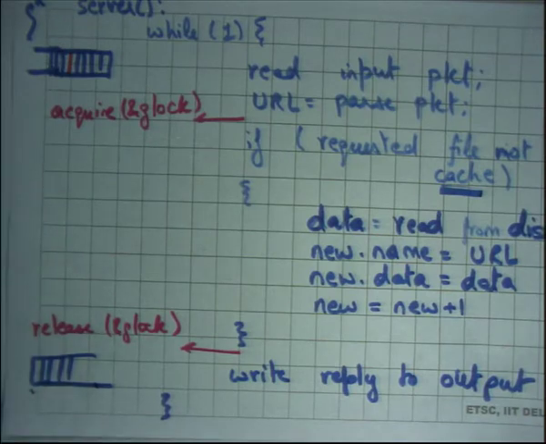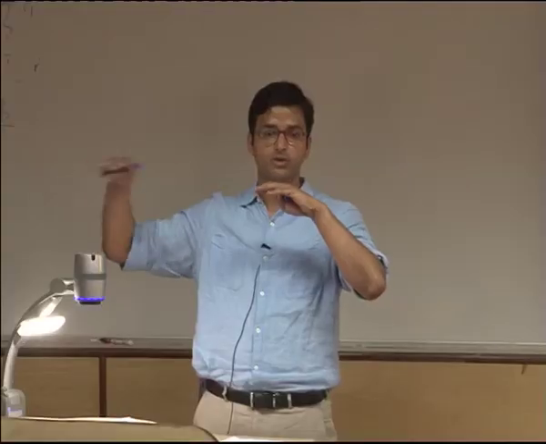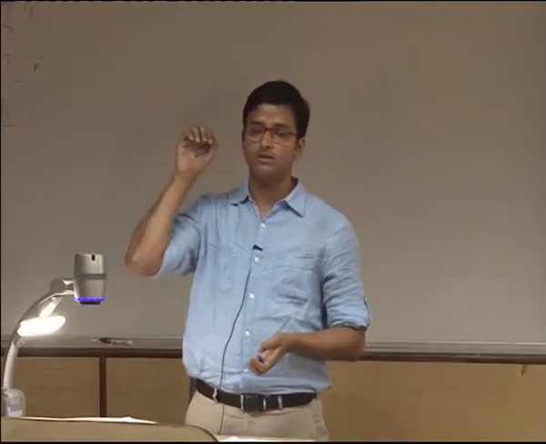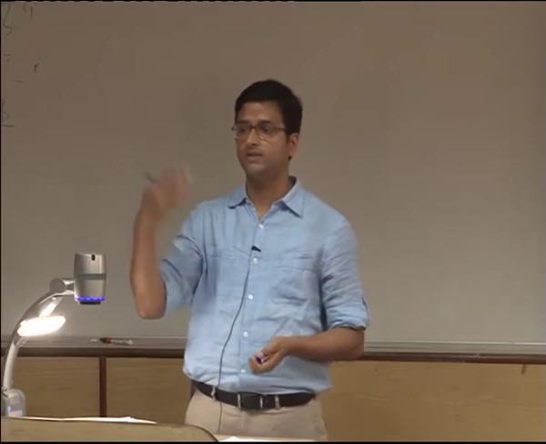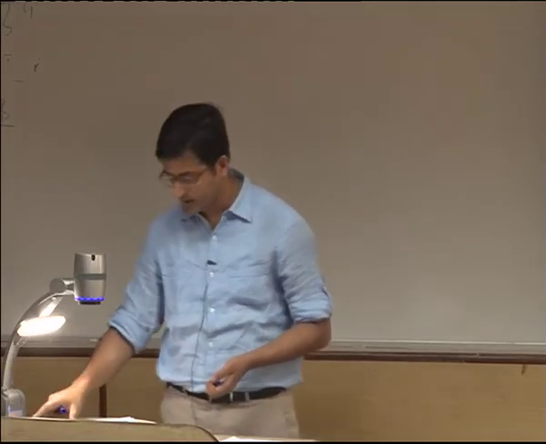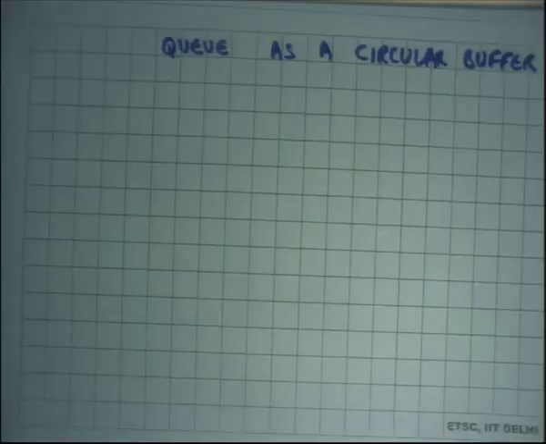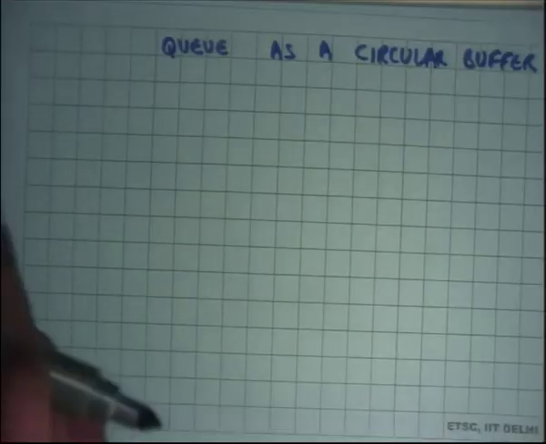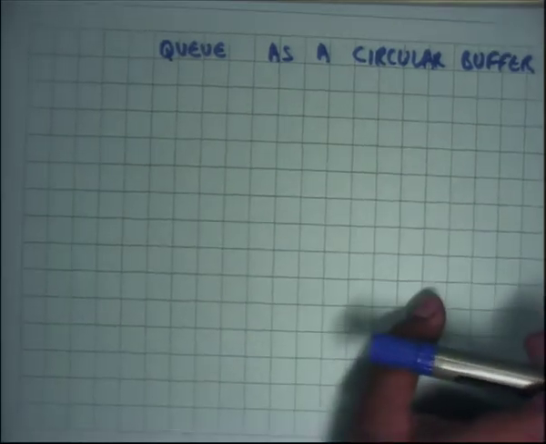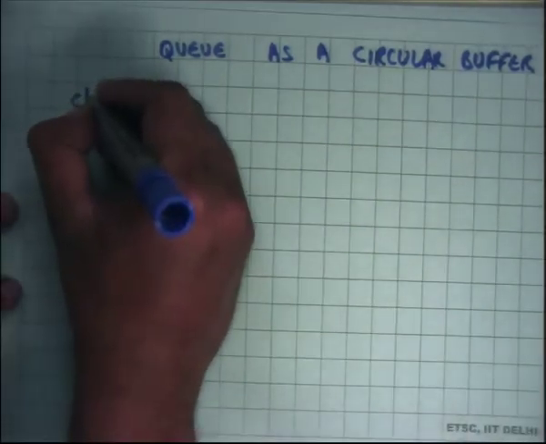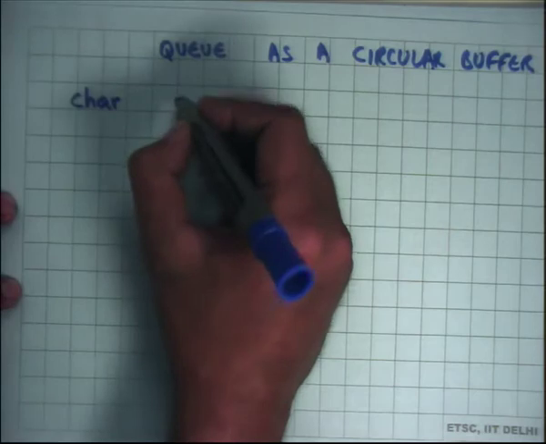So the logic is basically, and it's a first in first out queue, right? A queue basically by definition means it's a FIFO, a first in first out. So one thread can add to the queue, and another thread can remove from the queue, and you will get a FIFO ordering on that. And let's see how a queue is implemented as a circular buffer. I'm sure all of you have seen this before, but I'm still going to write the code so that when I write it in the concurrent mode, you have more context.